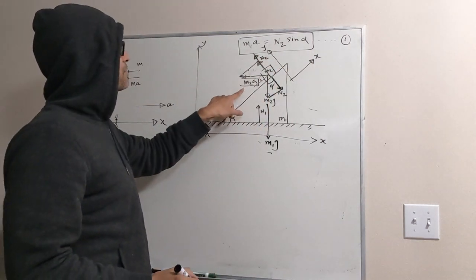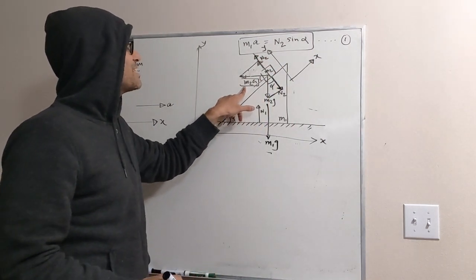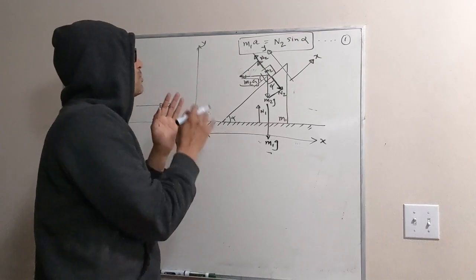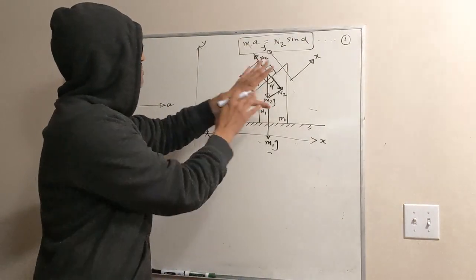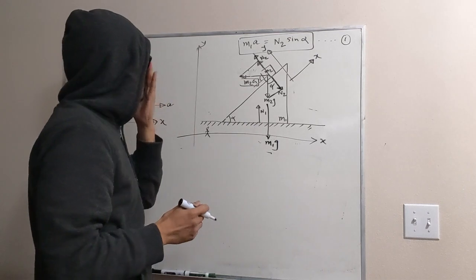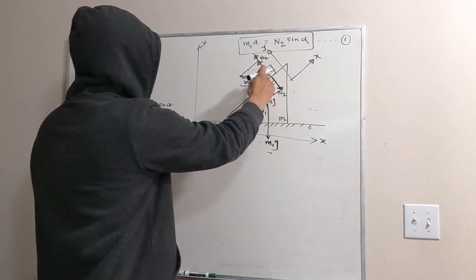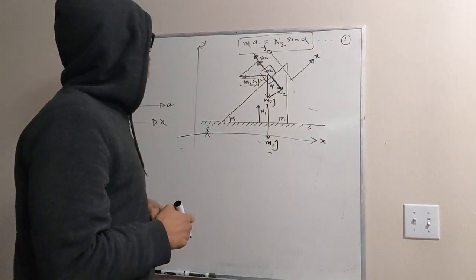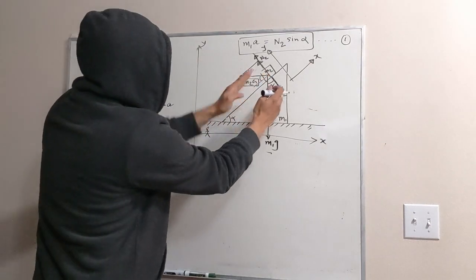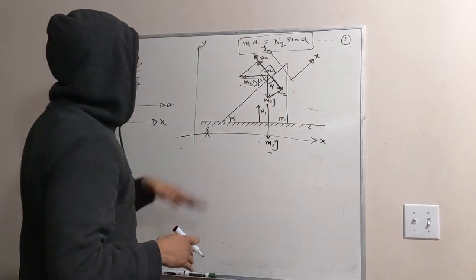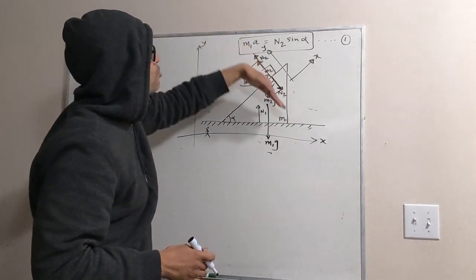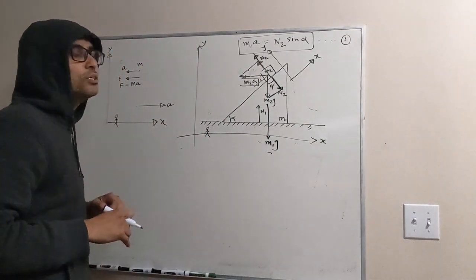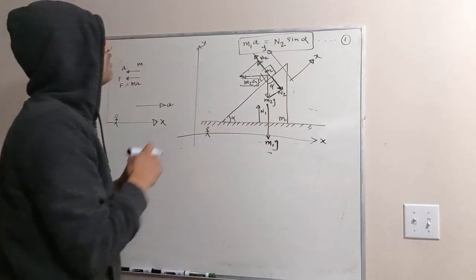And then we have this fictitious force which is producing an acceleration equal to A. So A is the acceleration of this object in this direction. And because we are now computing from the reference frame of this object, we have to assume this fictitious force in this direction. And also there is a force due to gravity. So that is M2G acting in this direction. Now from the reference frame of M1, we can say this M2 object doesn't have any motion in y direction. So the net forces in positive y direction should be equal to net forces in negative y direction.